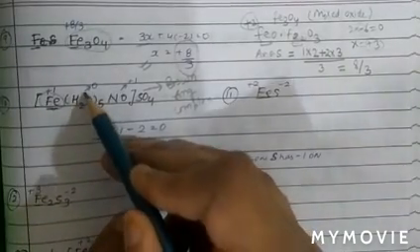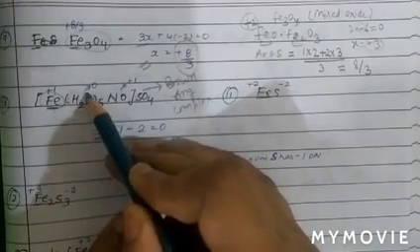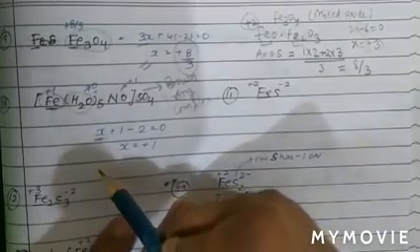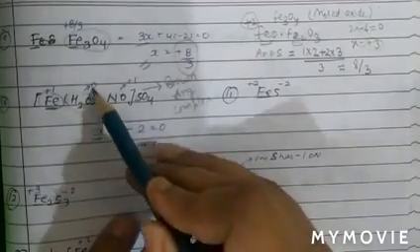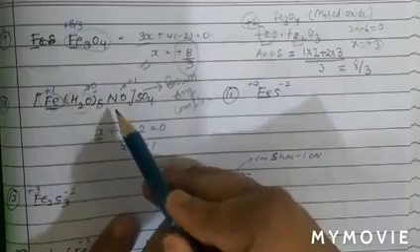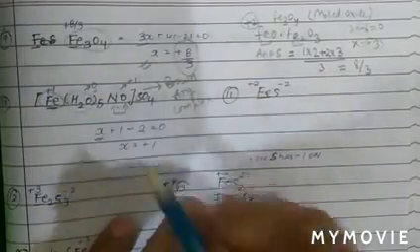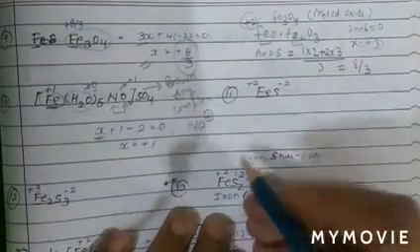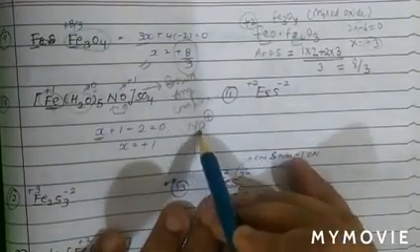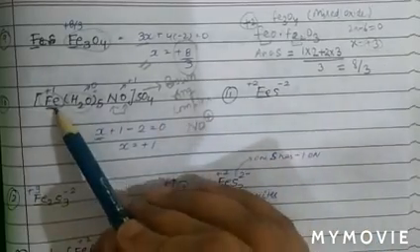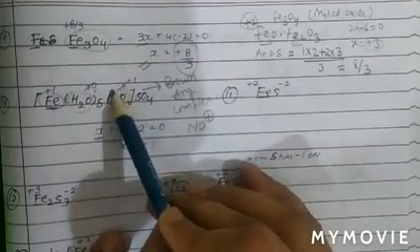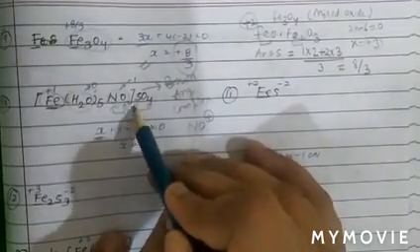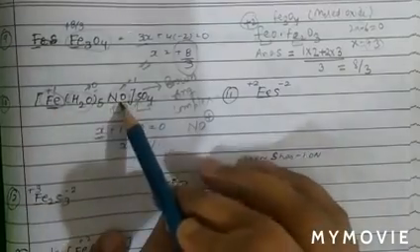See, let the oxidation state of iron be X. As we know, water is neutral. Therefore, the oxidation number of water in this compound is 0. So it comes X plus 5 into 0. As we know, in this compound NO is in the form of NO+. So this is the nitrosyl ion. So X plus 5 into 0 plus 1. The charge on NO is plus 1.